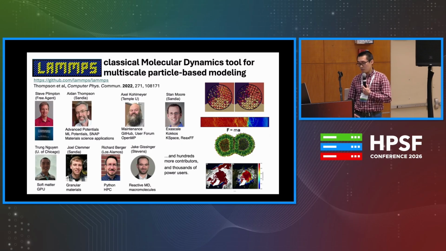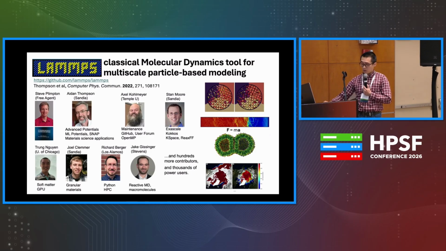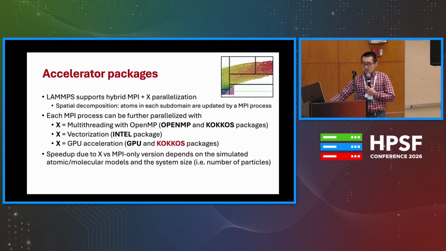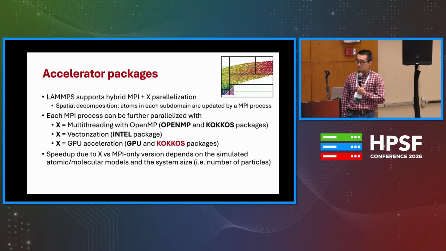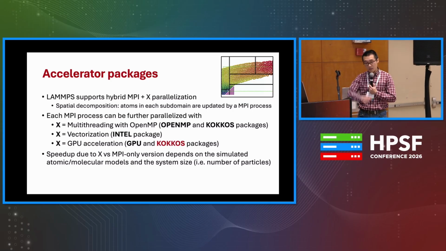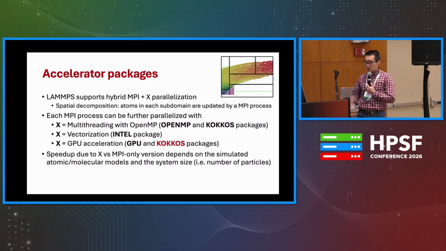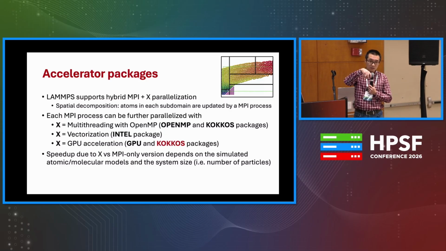mainly for classical MD tools to simulate a lot of systems ranging from spin to molecular systems to the macroscopic scales. And LAMMPS's parallelization is mainly based on spatial decomposition, where a big system is chopped into a bunch of boxes, the one on the top right, and each subdomain is mapped to an MPI proc, and within each MPI proc, we can have another degree of